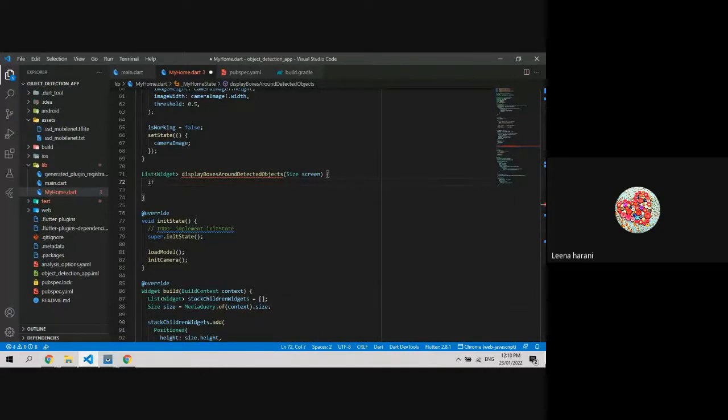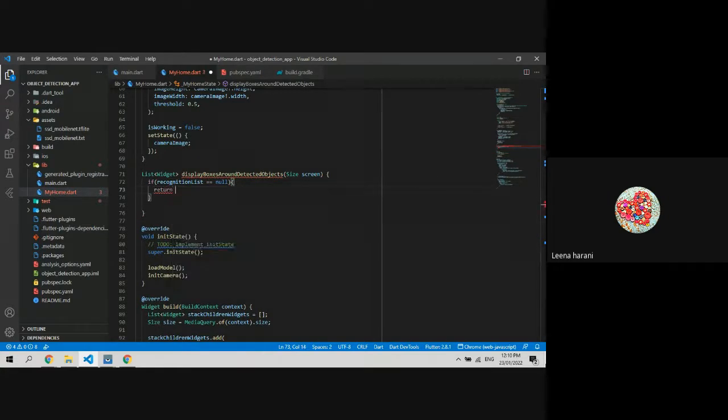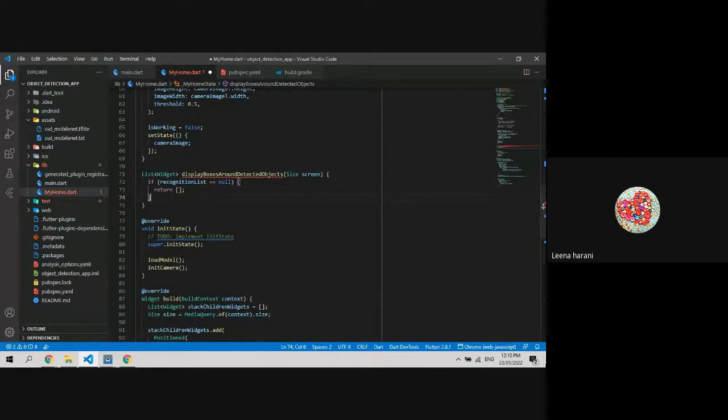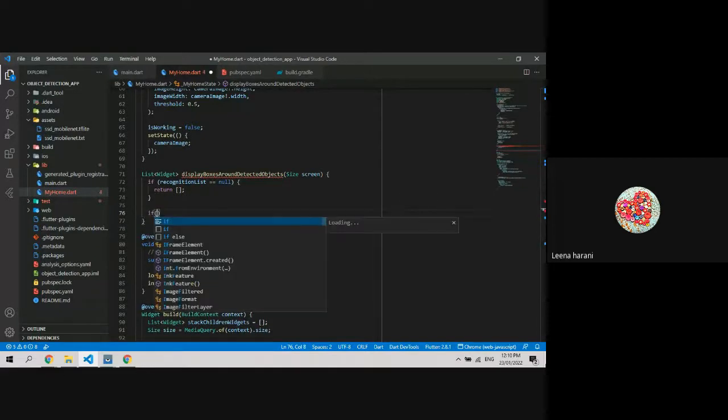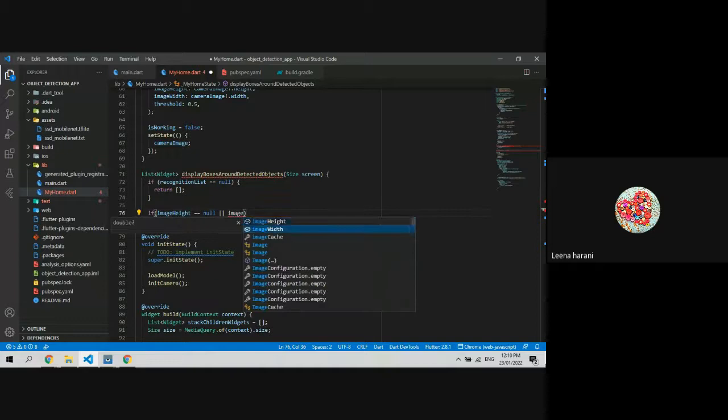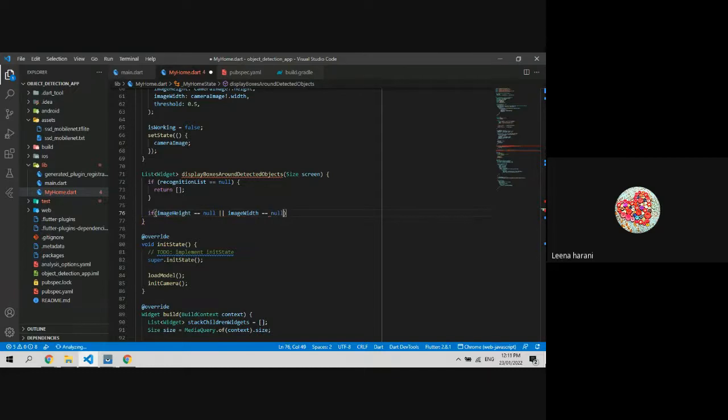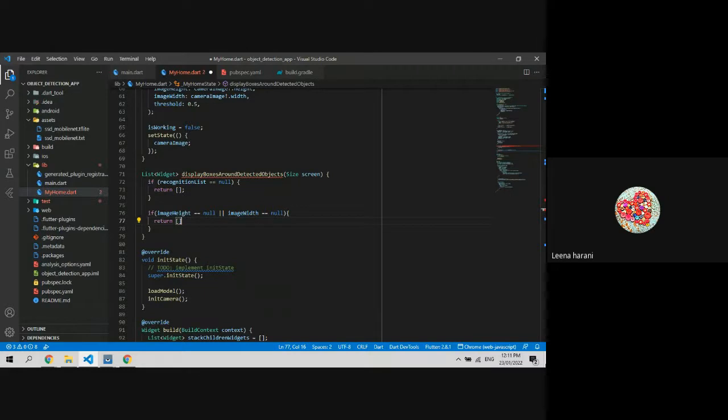We will say if recognition list is null, if it is not recognizing anything in our surrounding, then we are going to return an empty list. And if image height is equal to null, or the image width is equal to null, then we are also going to return an empty list. Or else